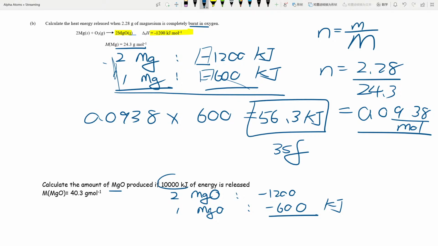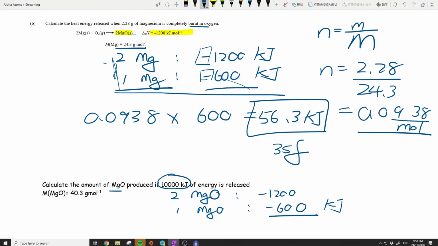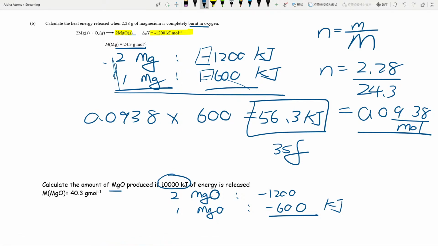I've released 10,000 kilojoules of energy. How many moles would I have? So this is when you use the 10,000 kilojoules to divide by the per mole value. Okay, because this is the per mole value, I want to figure out how many moles I can actually get with 10,000. So 10,000 divided by 600, which is going to be